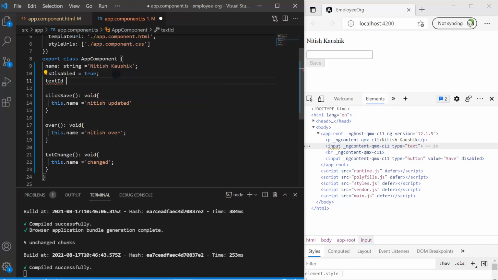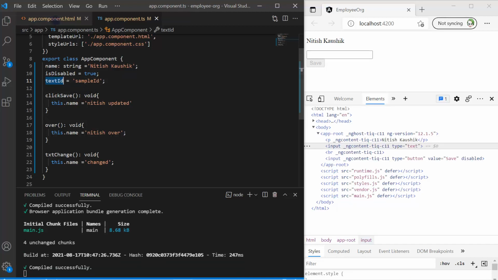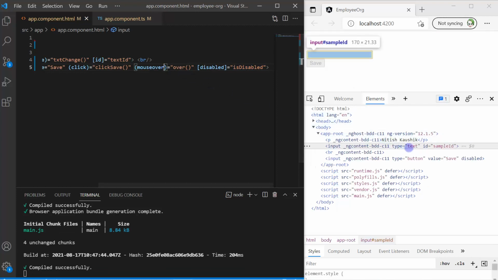This is the name of my key and it is sampleId. Now just copy this name, go back to the app.component.html, and here just to assign the ID I will be using the property binding. Then paste the name of your property, save the changes, and here you can notice that this time we are having the ID equals sampleId.